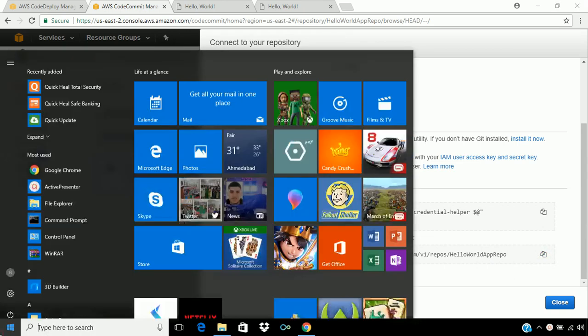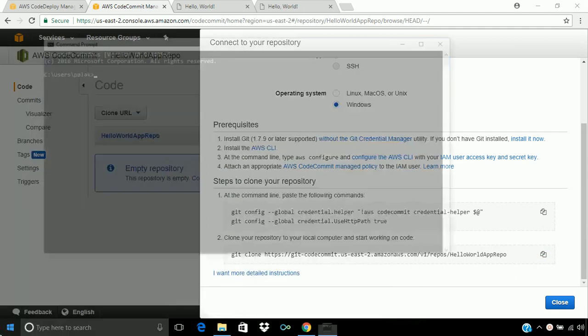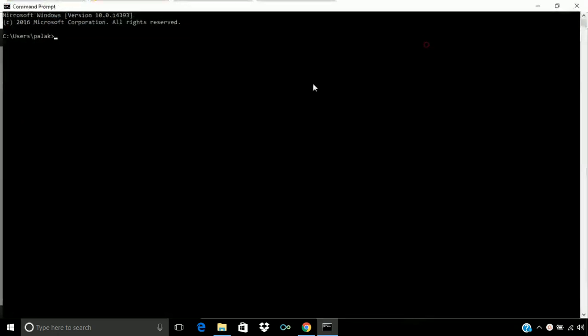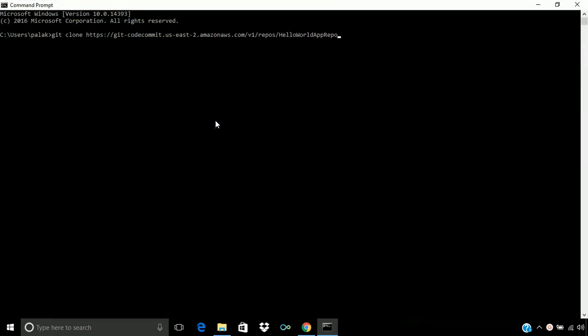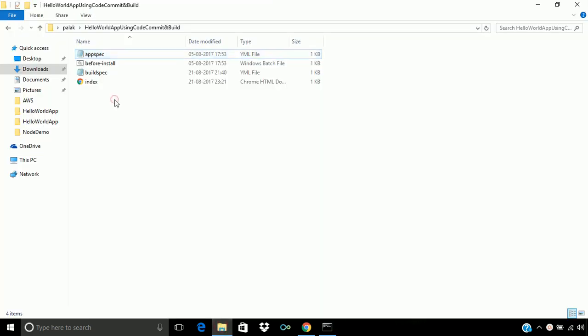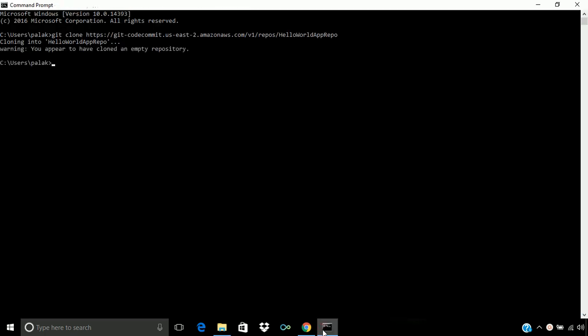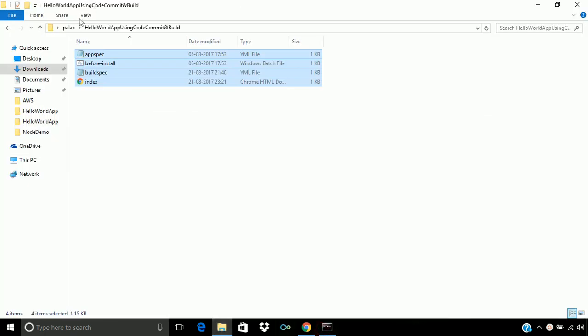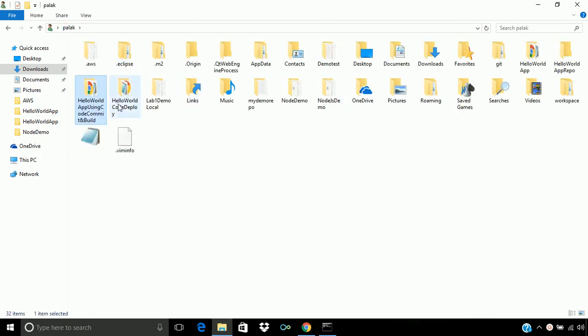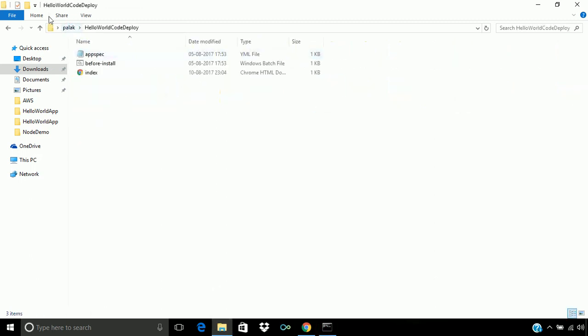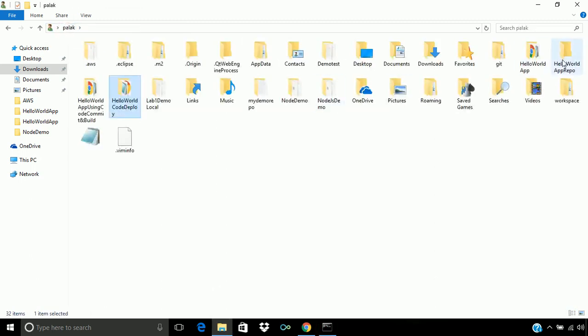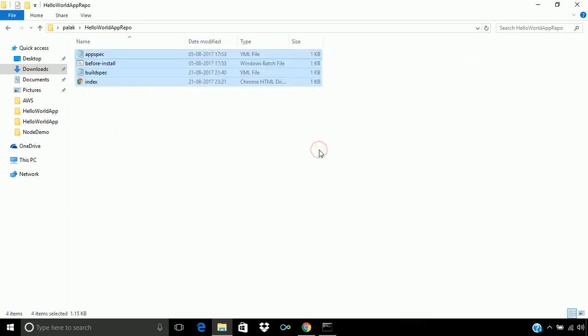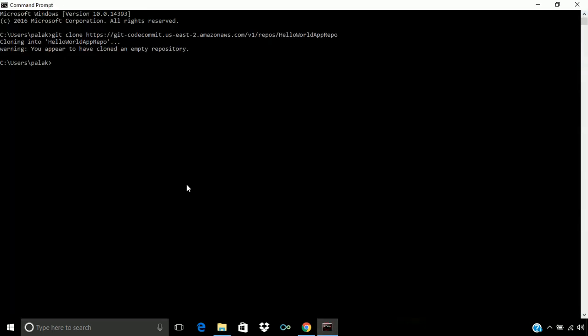For that, let's open the command prompt and paste the command here. It will clone the repository hello world app repo. So let's copy all these files, and once the directory has been created, let's paste the content. Let's paste all our content and let's push these changes.